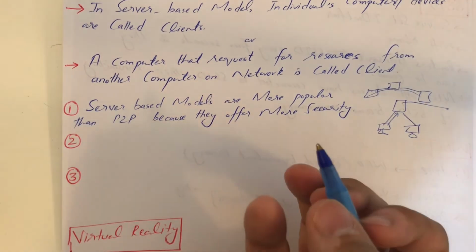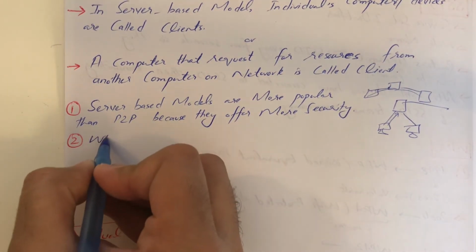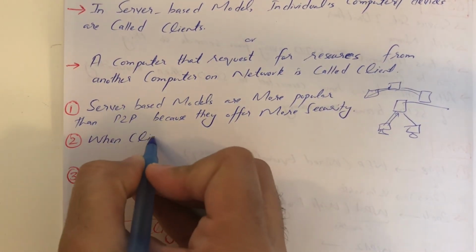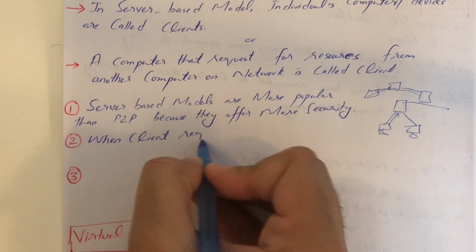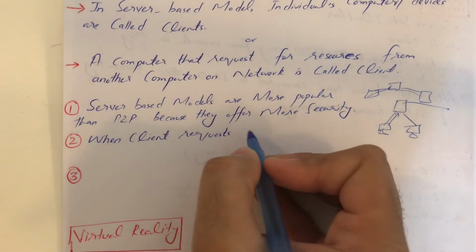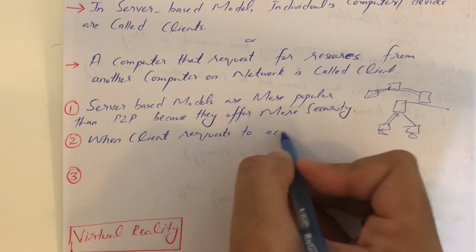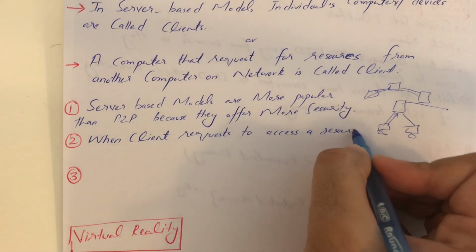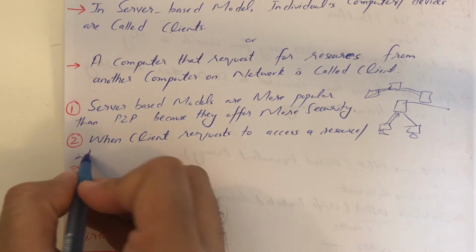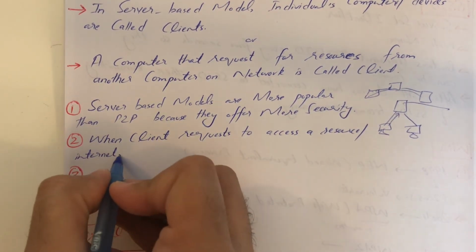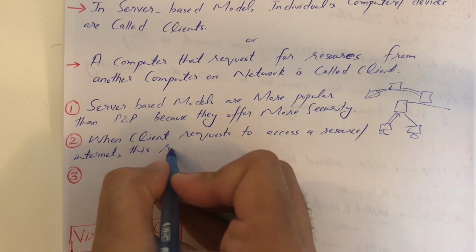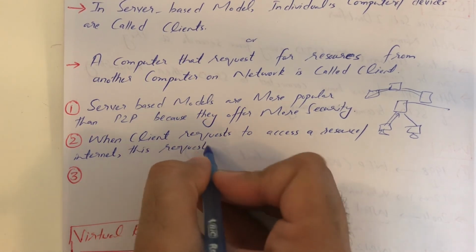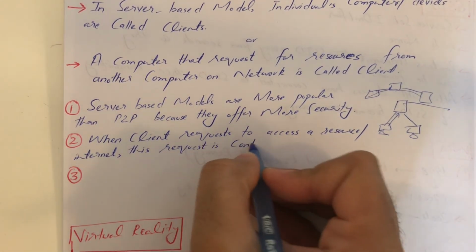Secondly, when a client requests to access a resource, or you can say the internet, this request is controlled by